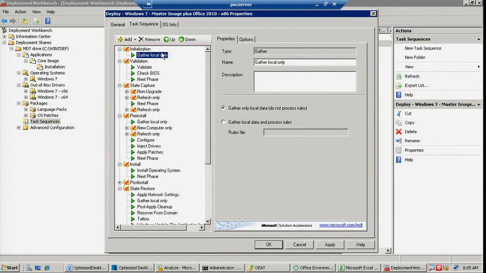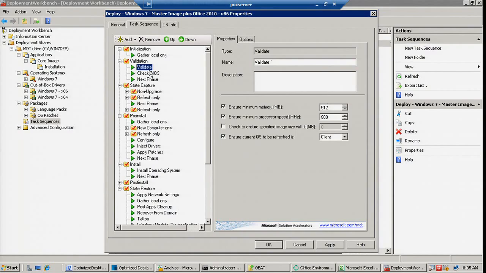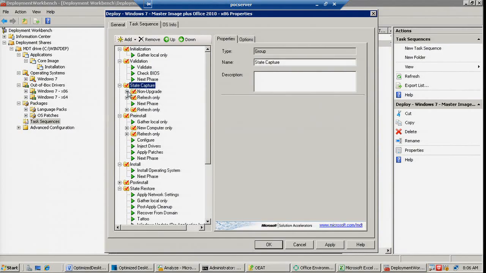A common one may be that we know which default gateway the machine has received from DHCP, and therefore we can estimate which location that machine is in based on its default gateway, and then we can run a group of tasks to do some location-based changes to that machine. We want to validate that we've got enough memory and enough processor power to run the task sequence, so that's done very early. And then we're into the state capture tasks here,